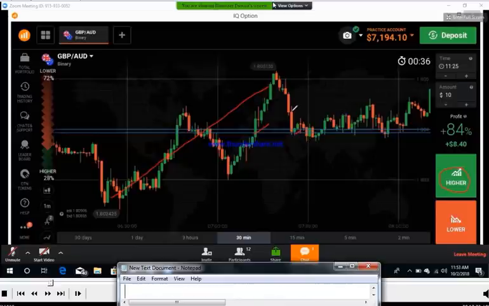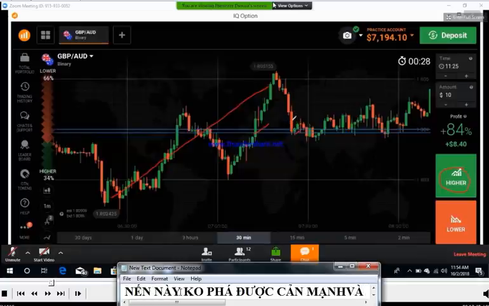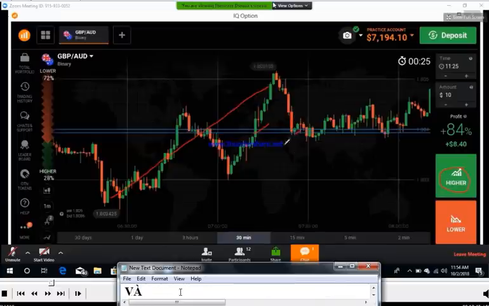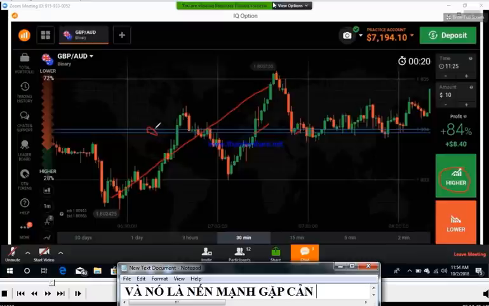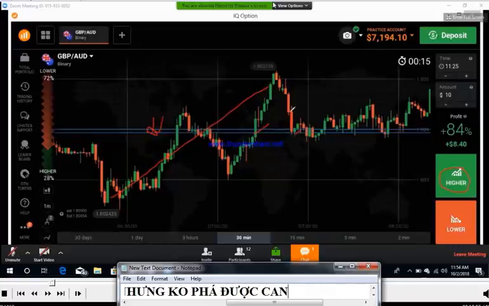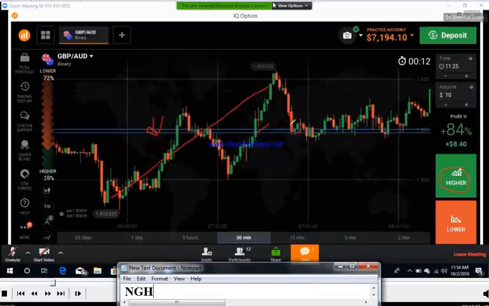I will explain. But this is a very strong candle. It's better to avoid trading after this candle, because this is a very strong candle and this is a very strong level. It means when the market closes above the level, it will reverse. This is a strong candle. It means when the market comes to this level strongly, it may break this level. These two points are opposite to each other, right?